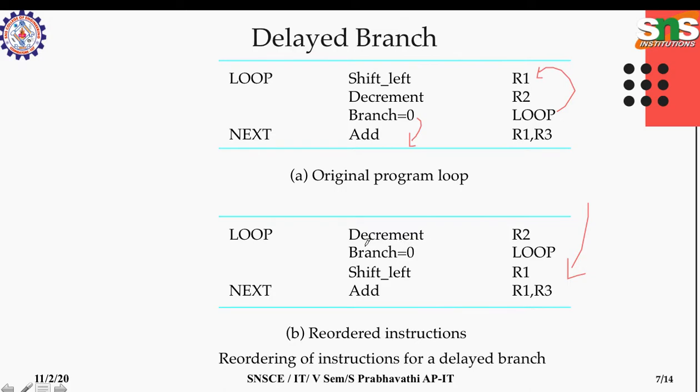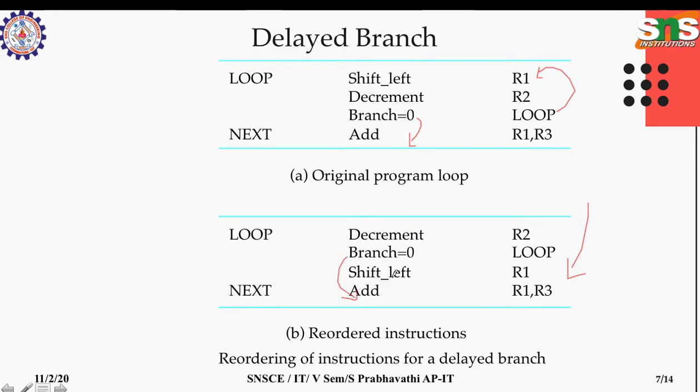Okay, while checking the condition, what will happen? Shift will happen. Anyhow, shift has to happen here, is it not? So while calculating the target address, the shift happens, and what's the logic here? If the branch condition is not false, it needs to go and decrement again. So it decrements as usual, and there will be no issues. And suppose the branch condition is false, then this instruction gets executed.